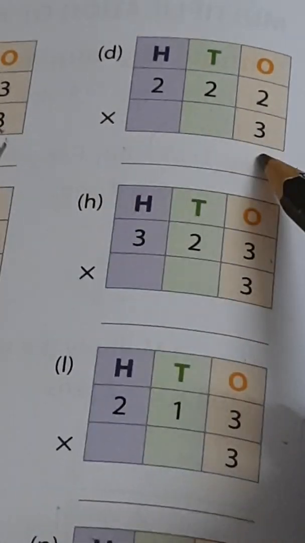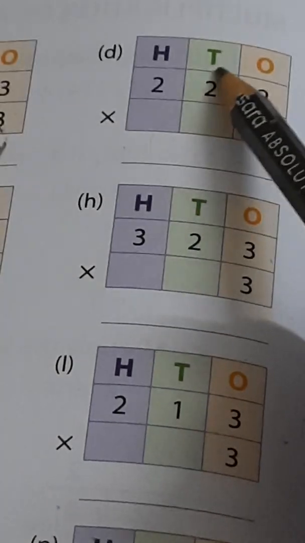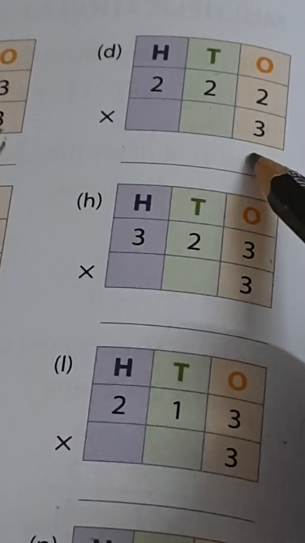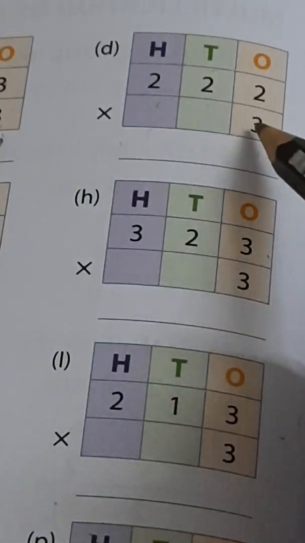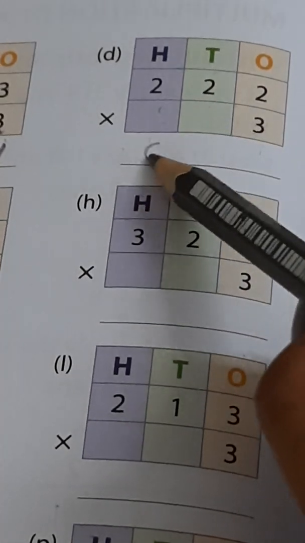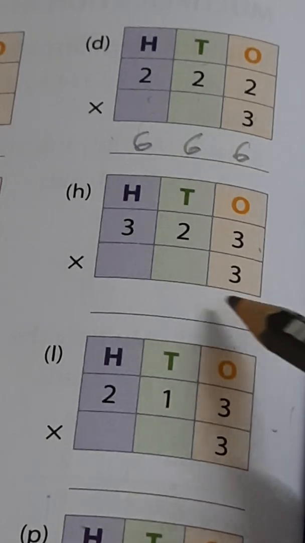222 multiply 3. Okay, first of all multiply the ones, then the tens, then the hundreds. 3 2s are 6, 3 2s are 6, 3 2s are 6. It means 222 multiply 3 is equal to 666. Okay, now